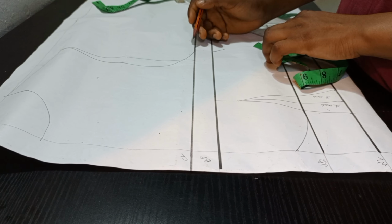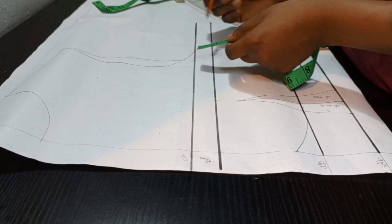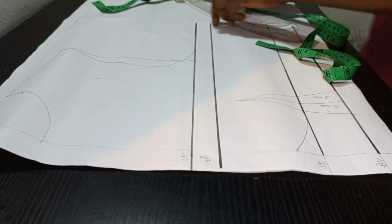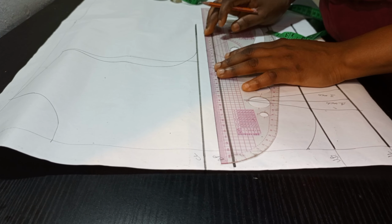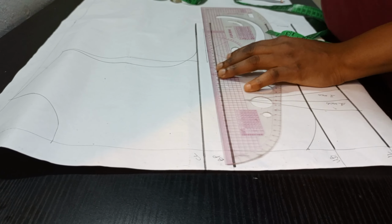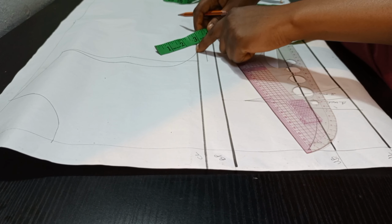This is it. Also, I'll come over to my shoulder measurement. This line over here, my shoulder measurement is 7.5, and I'll also go down by half an inch. I went down by half an inch, and I'm going to join these points together. So guys, I've gone ahead to join them together, and on my armhole measurements, I'm going to measure 2.5